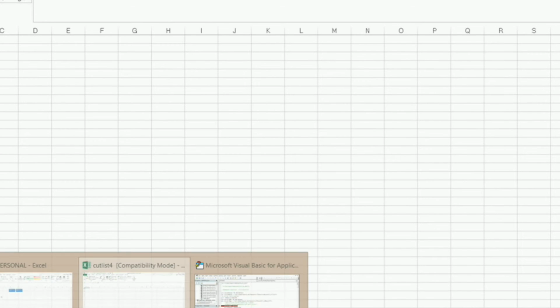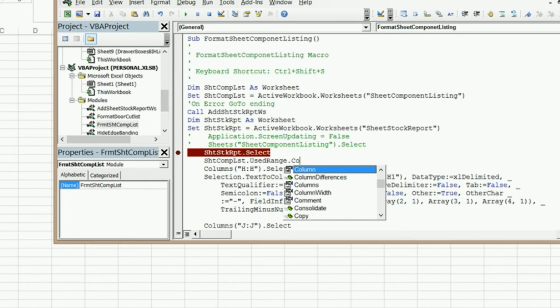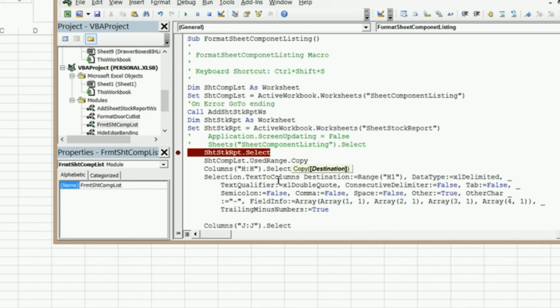Okay, that's what the used range means. Okay, I'm going to go dot Copy, and when I hit space it's wanting a destination. I need to type the word Destination, colon, equals,